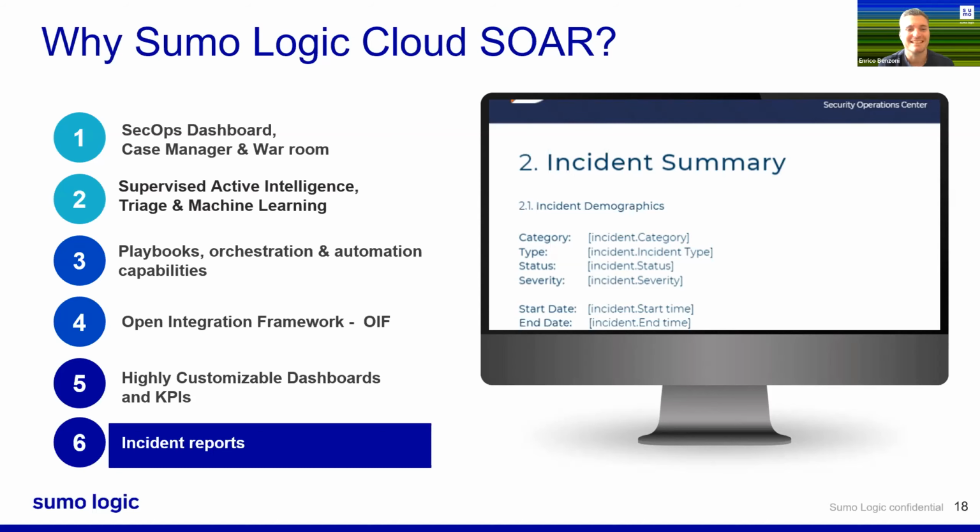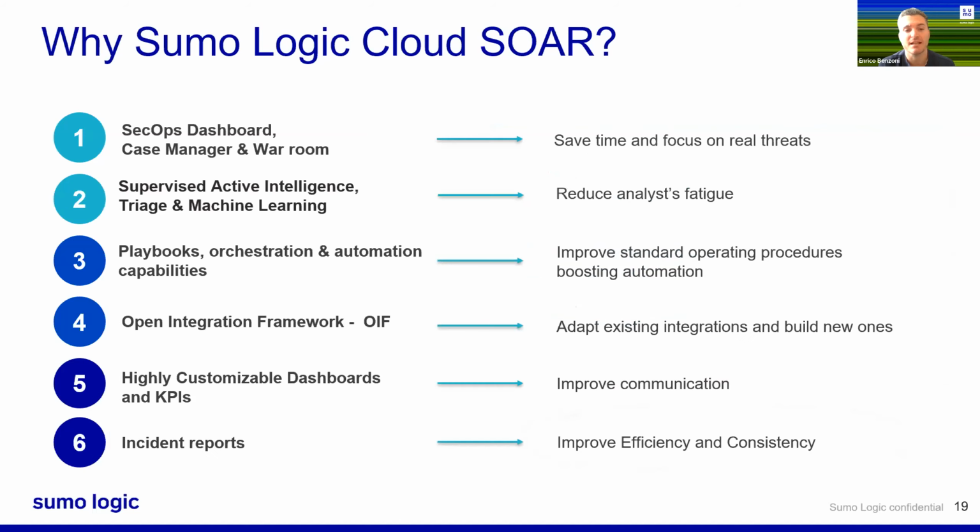Exactly. So to conclude, we have seen the first two points: you can save time and focus the analyst on real threats. Then you reduce analyst fatigue, and with playbooks you can improve standard operating procedures using automation for the enrichment for sure, but not only. And then you can adapt existing integrations or build new ones with the open integration framework. And with the KPIs and incident reports, you can improve communication, collaboration, efficiency